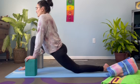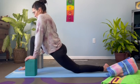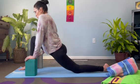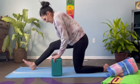Finding length in the front of the body, so releasing any tension that you might have on the left side, even through that right side, all the way back and up that hamstring. Just release that space. Inhale and exhale. Inhale. And exhale. As you exhale, we're going to straighten that right leg and open up the back side of the right leg,